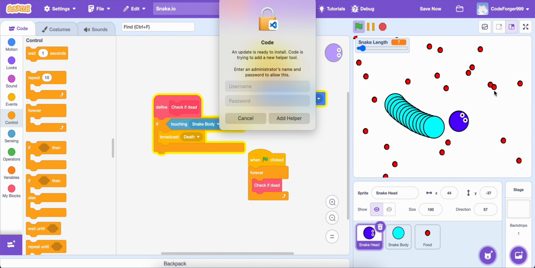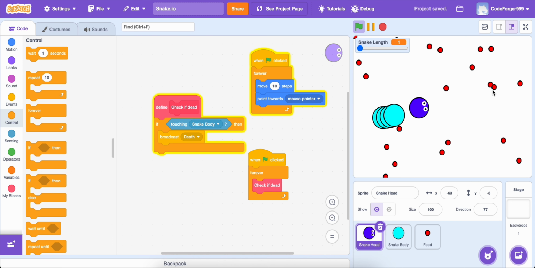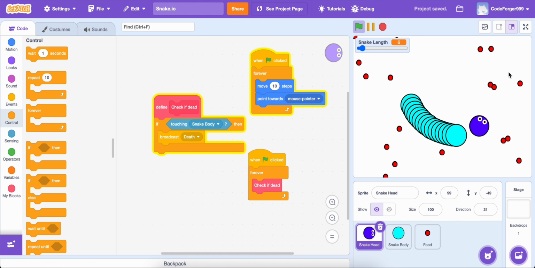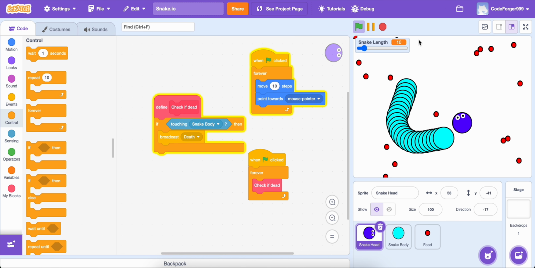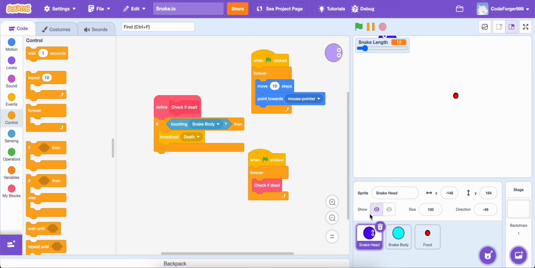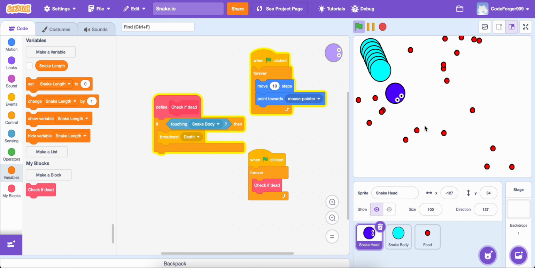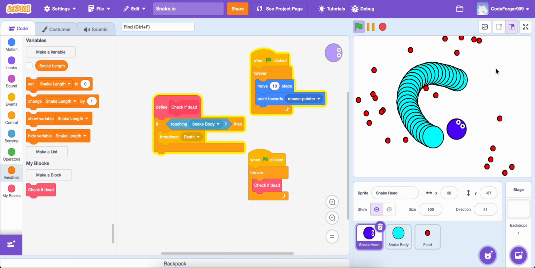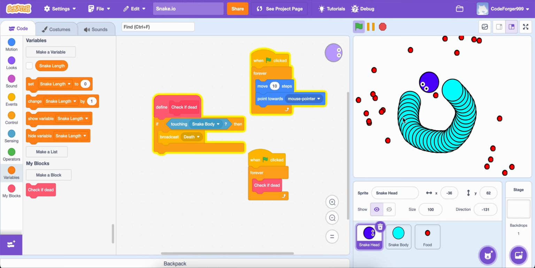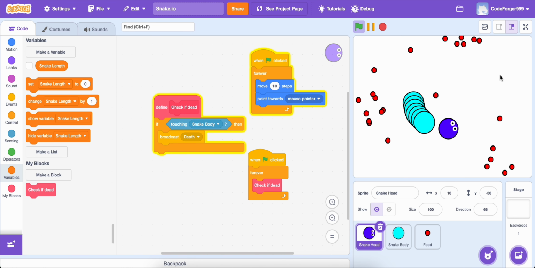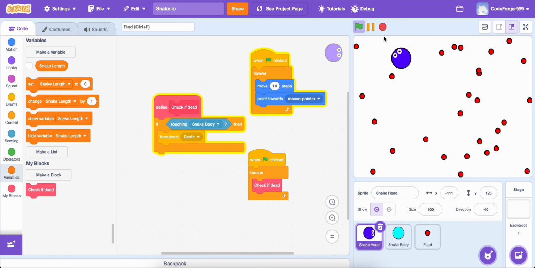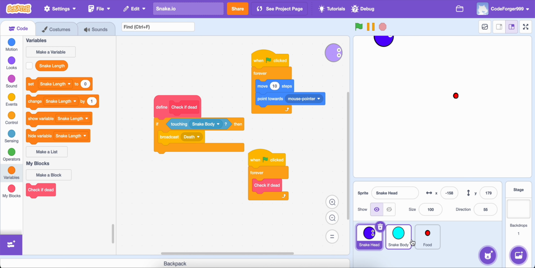Now, as you can see, we have this little thing, but with one little problem. Oh yeah, let's uncheck this box. Look, if you see here, you can clearly see that there is a gap between the head and the body. So, in order to fix that,